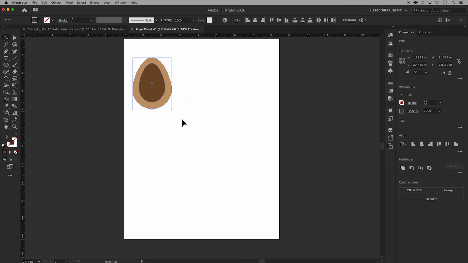Next, select both shapes, and then click a second time on the outer egg, or in the Align panel, choose Align to Key Object. Make the outer egg the key object. Click horizontal